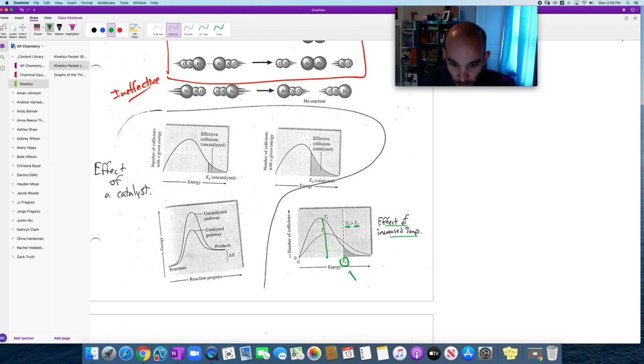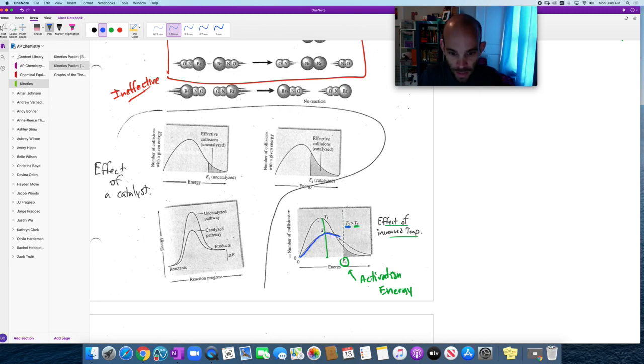This energy right here is called the activation energy. And the activation energy shows up on these other graphs as well, and so it's an important concept to keep in mind, but this is sort of like that energy that we need to put in order to break some chemical bonds, okay? Now, if we increase the temperature up to this higher temperature, temperature 2, right, that's this curve here,